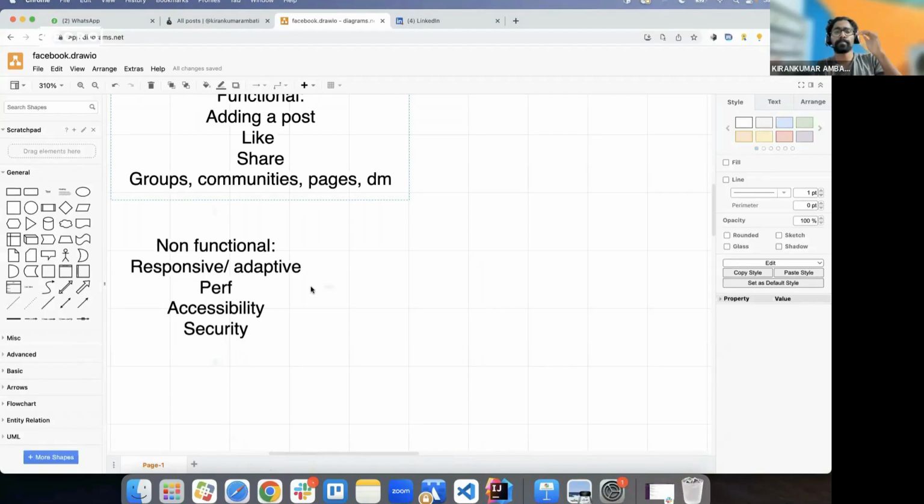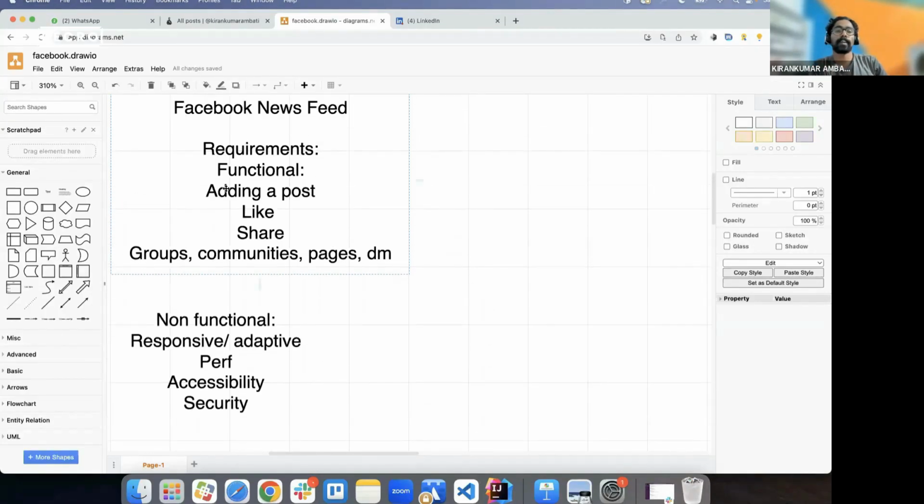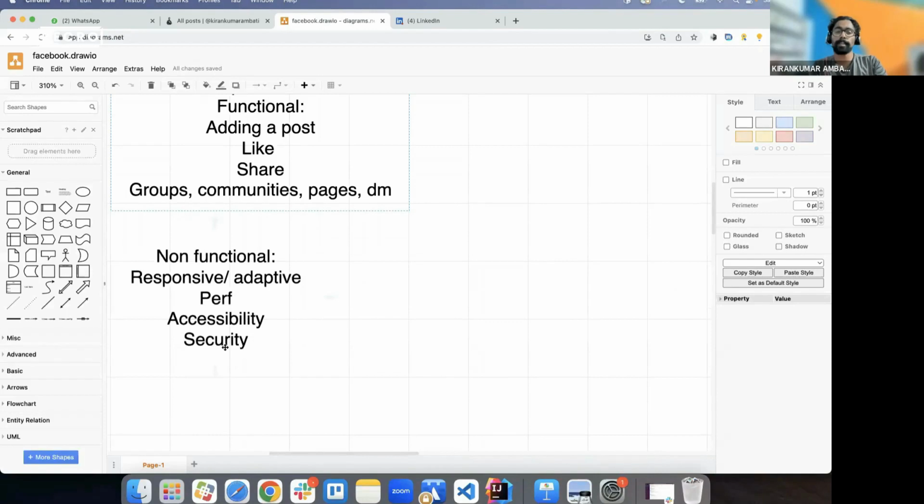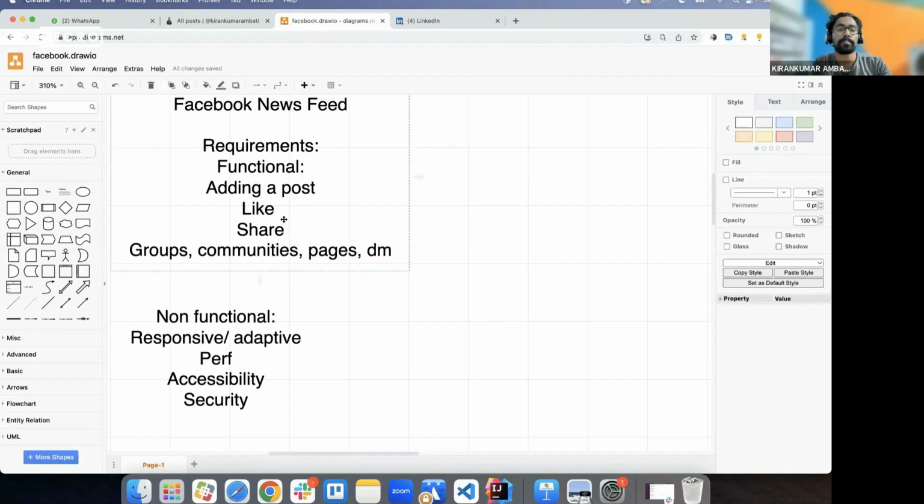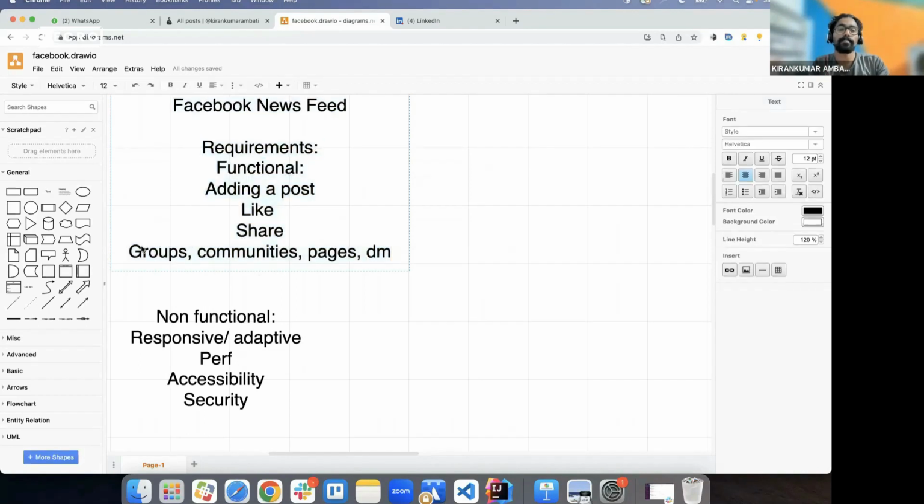For example, if this is my interview, and I have all these features, and there can be a ton of non-functional features, and if I have to cover them, it would take at least 4 to 5 hours. So if you want to cover them in 1 hour, then you need to scope it. So for example, maybe I don't want to introduce groups, communities, and pages now, or DMs. I want to primarily focus on newsfeed. So that includes adding a post, then like, share, comment, and then